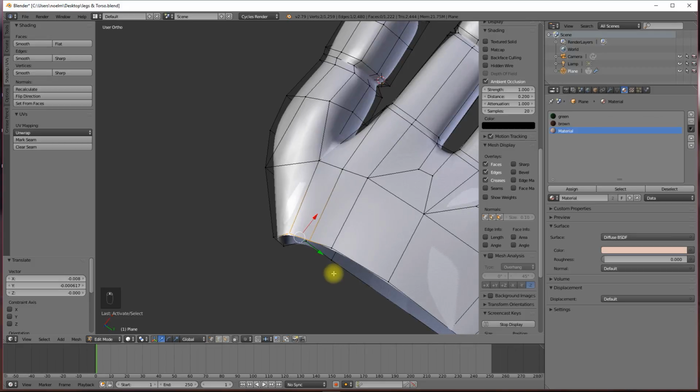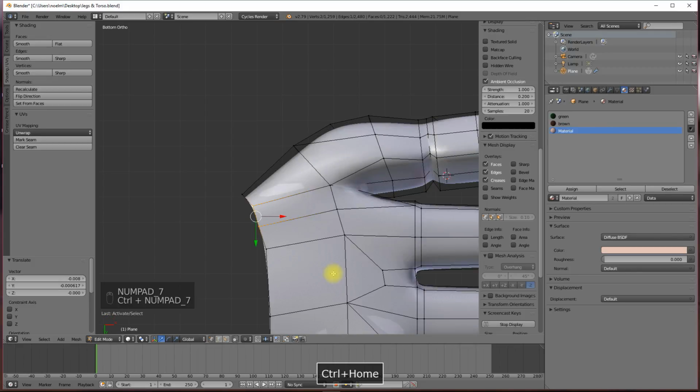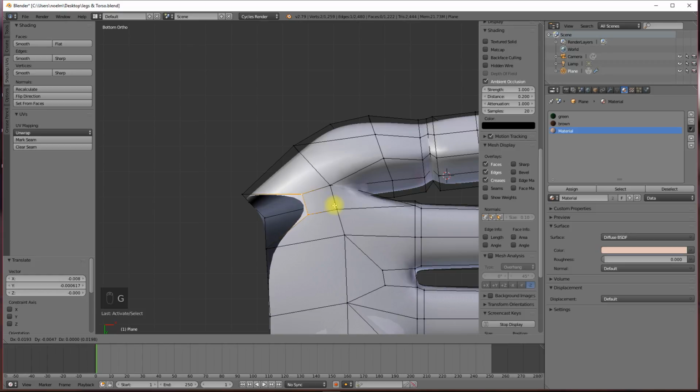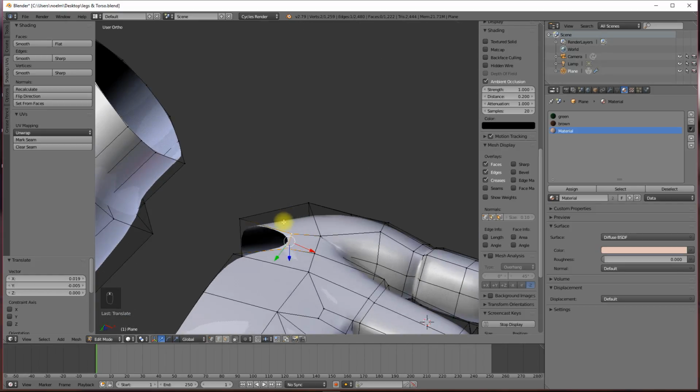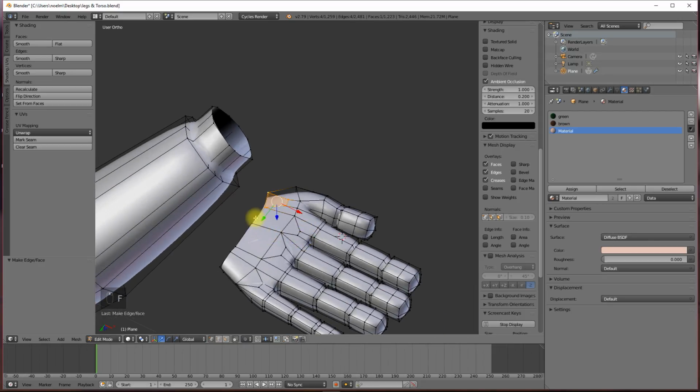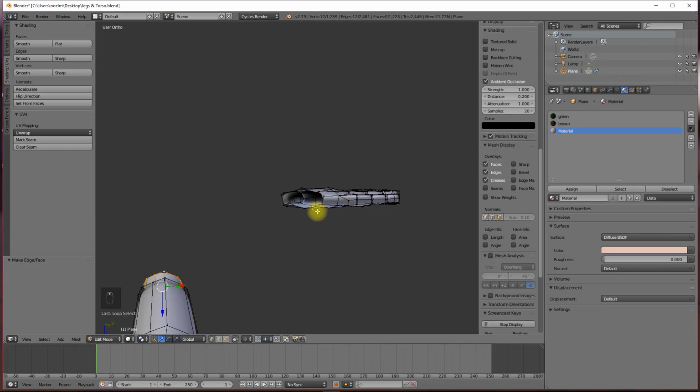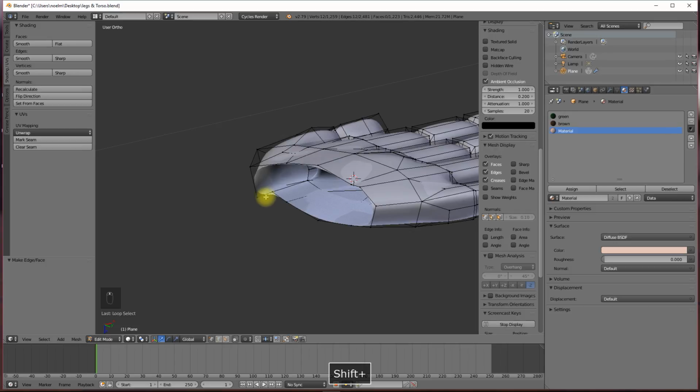But instead of deleting, I was going to move these 2 forward. So I'm going to go G, and then just complete a face. So now this loop here has 12, and this loop also has 12. So let's